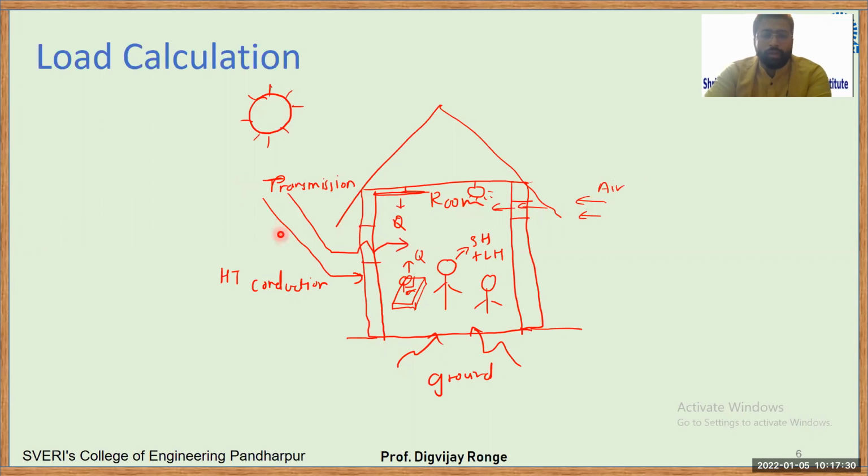Now again, this hot air will come in contact with the wall. Inside the wall there will be heat transfer by conduction. Again, this hot wall and the inside air will come in contact, and there will be heat transfer by convection again. So in this case we receive heat in all three forms: by transmission through glass, by convection through air, and by conduction if you are sitting on the ground or our feet are touching the ground or the wall. Since all these heat load contributing factors we have to consider, we then calculate the actual load acting on the system. Okay,